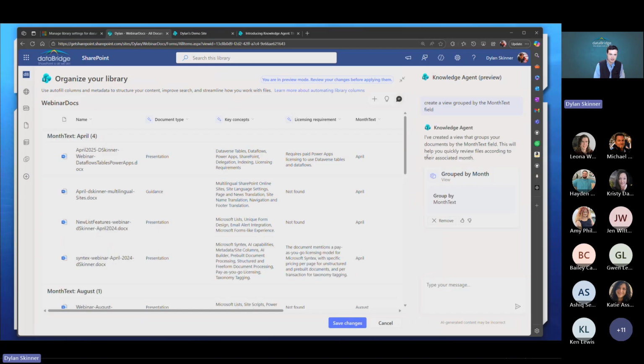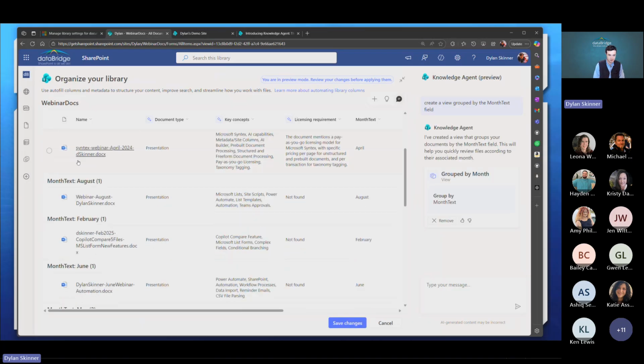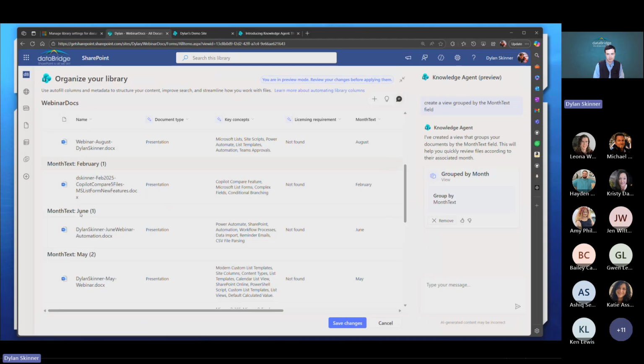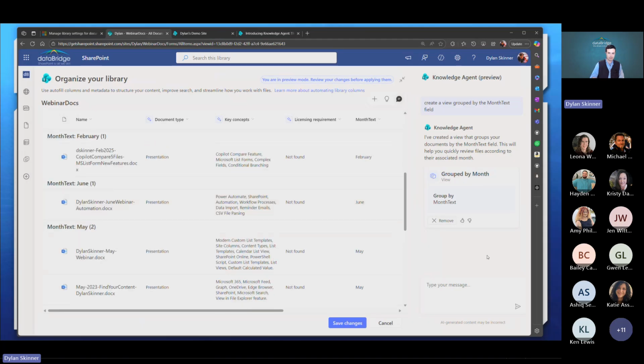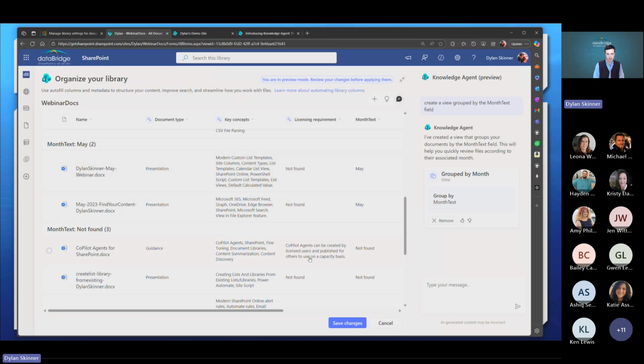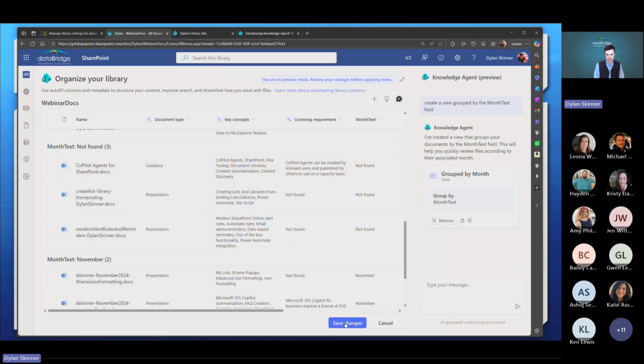But then the idea is now you can see it gives me a preview of that view grouped by month, and I could add additional sorting, filtering, whatever I would want to do with a view. It would just help me set that up, preview it, and then I could save the changes if I wanted. And you can see any of the actions here, just through natural language prompts, like the little conversation,